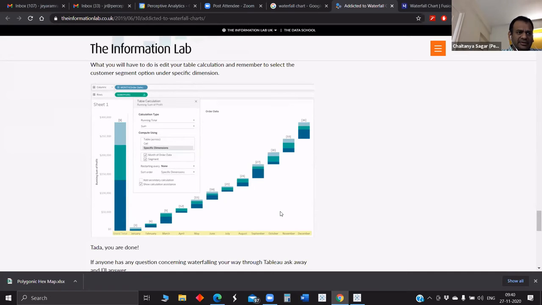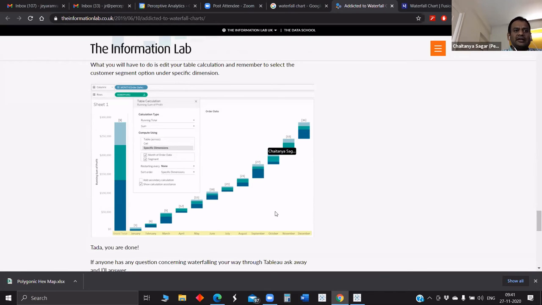Let me just clarify, maybe it's not clear. You have January, February, March, etc., all the way going till the end, and that's very clear. In each of these, let's say I'm highlighting just one, let's say September, there are multiple reasons, and the multiple reasons add up to a total. That is how each of the others are. You can either have Jan, Feb, March, or a different type of reason. An example would be variable cost 1, variable cost 2, variable cost 3, but all three together are variable costs. All of that would go into this particular one.